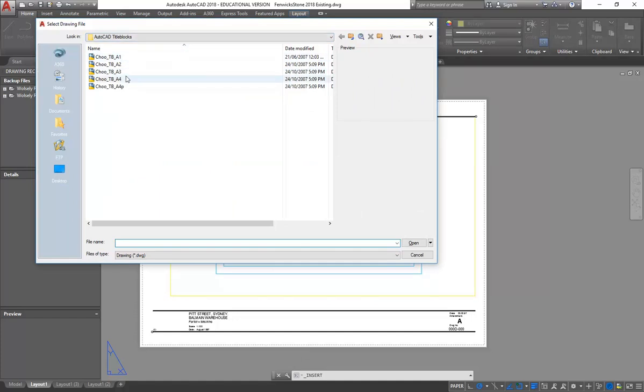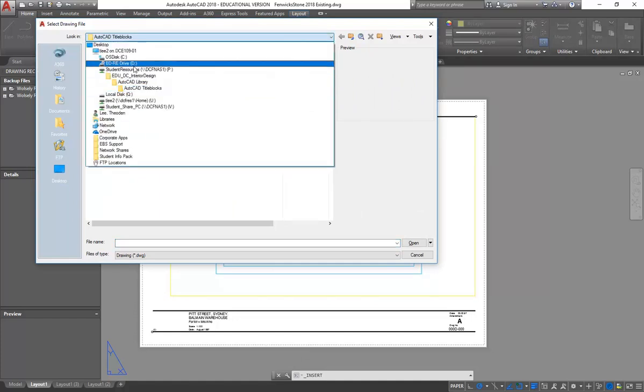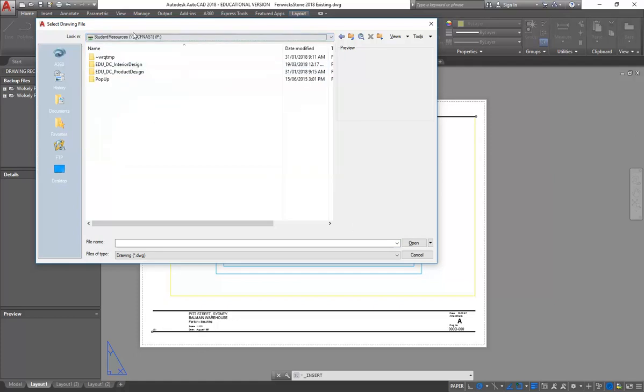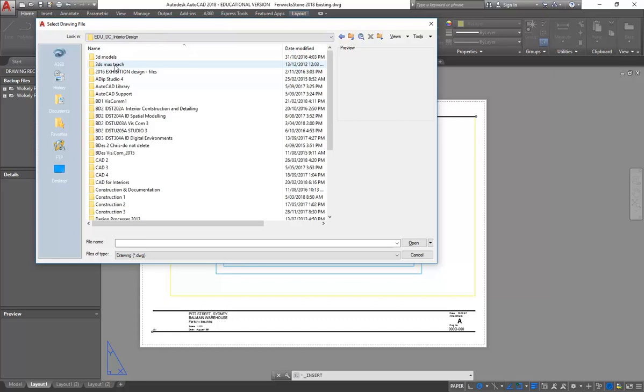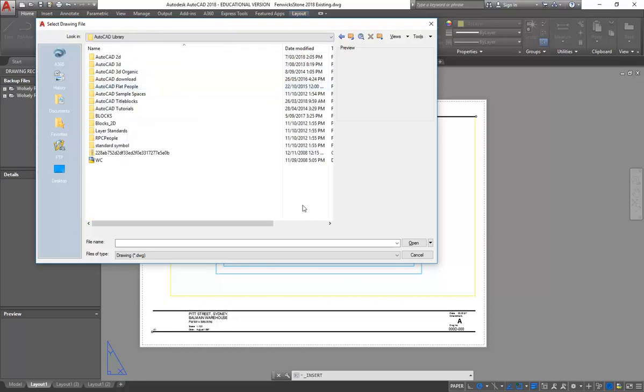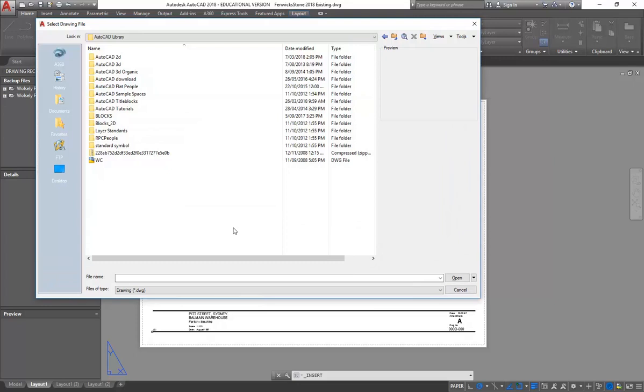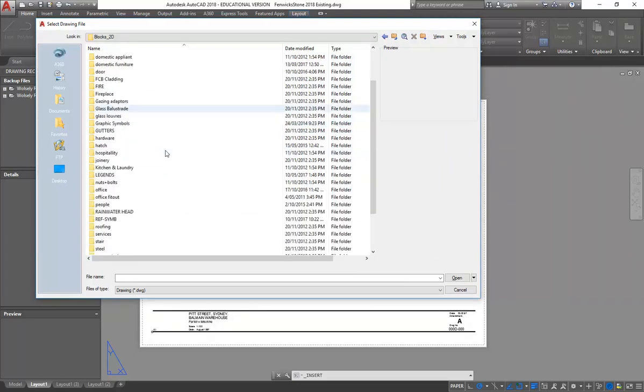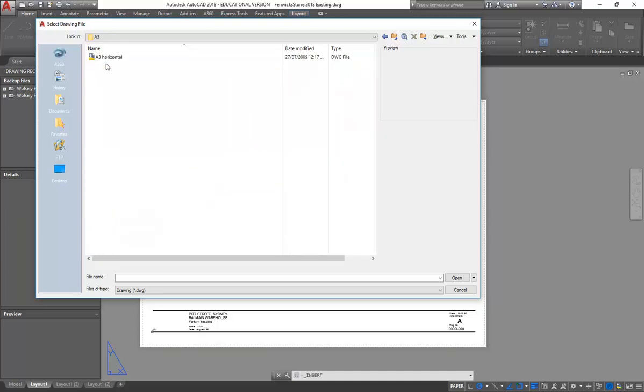And so that takes me to the last folder that I used, but I'll just show you if you weren't sure what this is. I think most of you know, but again, on the P drive, Interior Design, and then we've got AutoCAD Library. So in Blocks 2D, there's another Title Blocks folder. And then again in A3, we've got a slightly different title block. It's called A3 Horizontal. And I'll click Open,